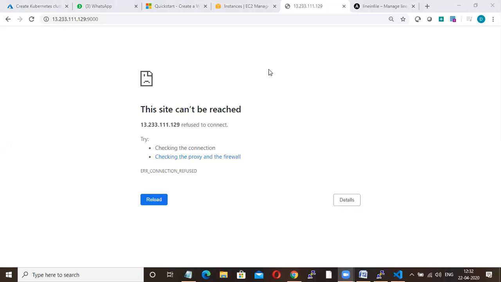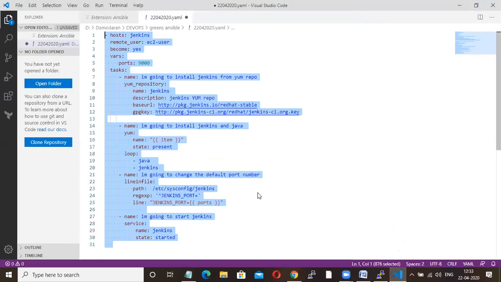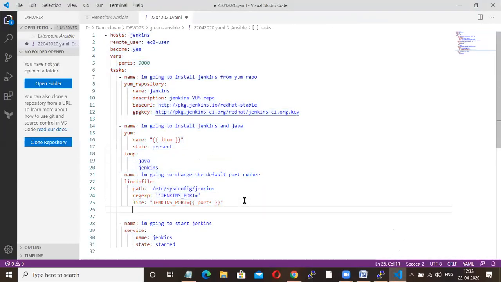This is not only for Ansible. This is not only for Jenkins. It is common logic for all. Now, just think that we are working with Ansible for automation. Every time there is a change in the configuration file, I cannot go and restart Jenkins manually. Now I have to do it automatically. Then how can I do it? Just go here. I'm going to introduce one more concept called handlers.